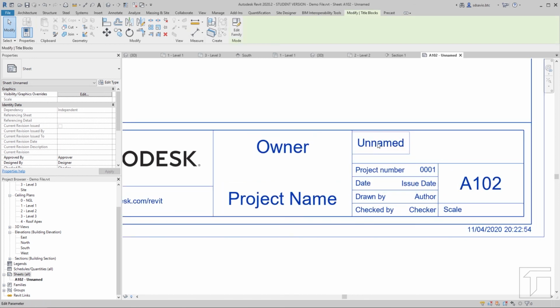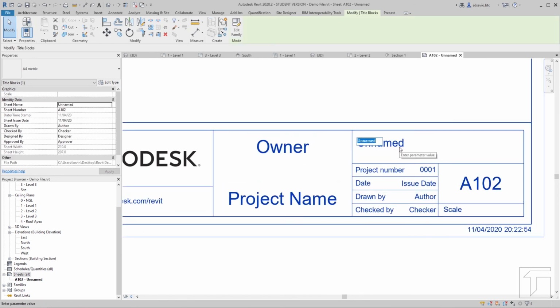You just click here, click it again, and once it highlights like that and shows you the text box, you can now type there ground floor plan. If you click outside, okay, it now changed to that name. So you can change the owner, you can change the issue date, you can also change